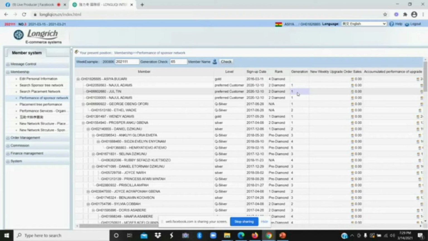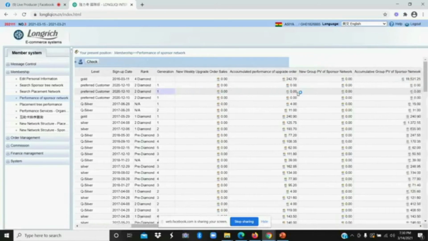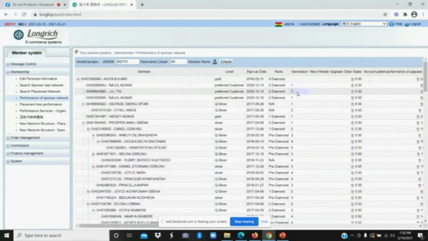So there are some people who say that, hey, I don't know how to talk to people. How can I register 1,000 people? No. This is clear evidence that somebody who registered 13 persons has been able to get more than 200 people under his network. So this one gives the people you see under the account of this particular person called Asia Buhari,